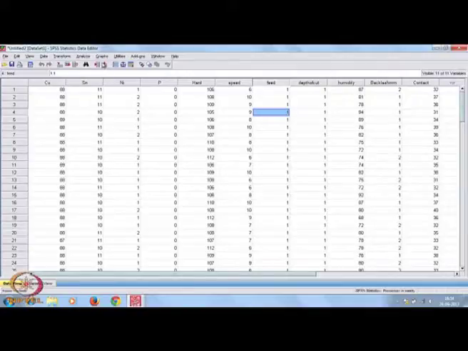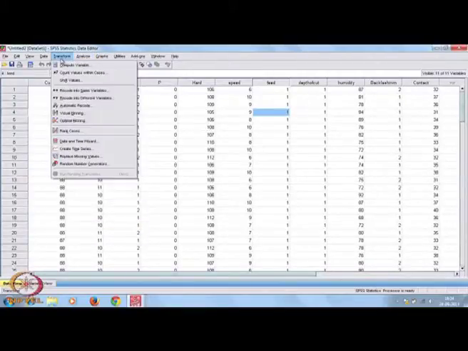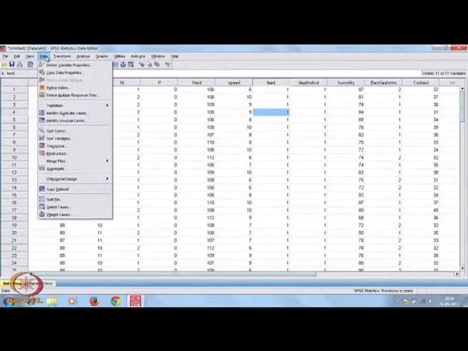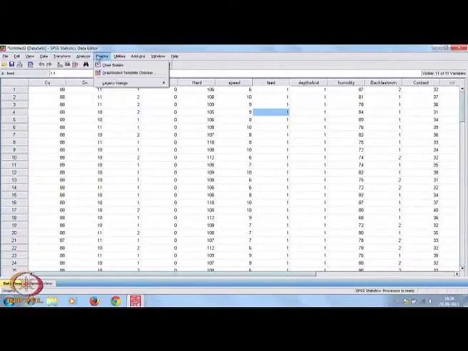Okay. So let us see some of the graphs. See, there is one tag that is Graphs, then Analyze, then Transform. So File, Edit, View, Data, Transform, Analyze, Graphs, Utilities, and so on. So many fields are there. Now I will go to Graphs.